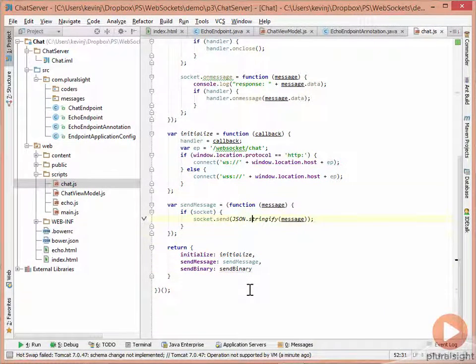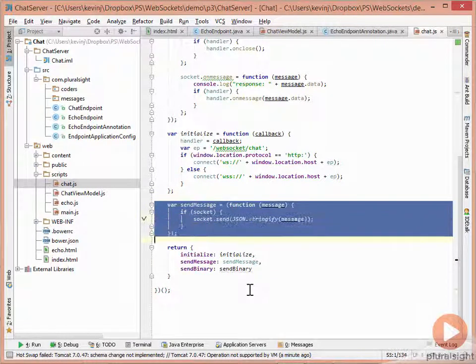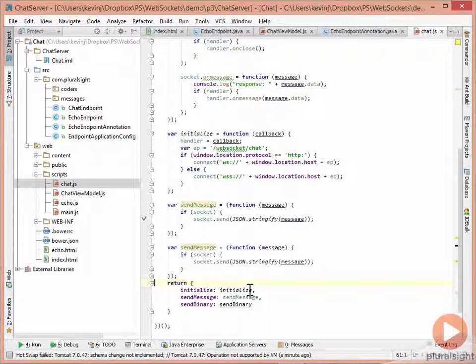And the reason we're doing this is that our send message helper here calls this function, and this function is taking the data we pass into it and calling json.stringify. So we're passing up text data. So for our send binary, we simply don't need to do that. So we can copy and paste this. Again, not best practice, but it will do in this simple case. So send binary. And here we're simply going to send up